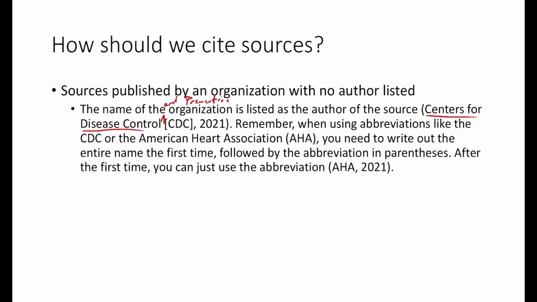So what you'll do is use the organization's name as the author. And remember, when you write an organization name, something long like that, and you want to use an abbreviation or an acronym later, you've got to write out the entire thing the first time. You've got to write out, say, American Heart Association, and then you can put AHA in parentheses like that afterward. For the CDC example here, because this is already in parentheses right there, you can use brackets instead, just to show that you're shortening that. But you'll use the organization's name as the author.